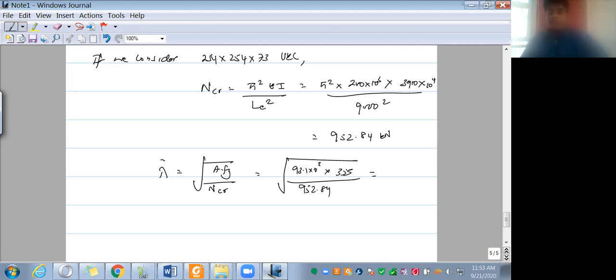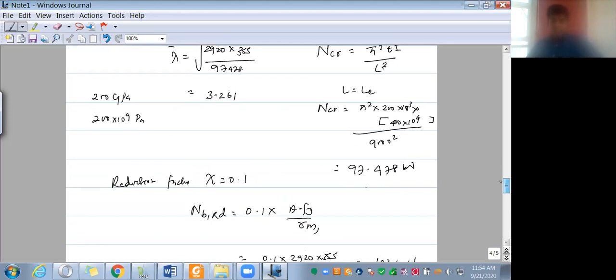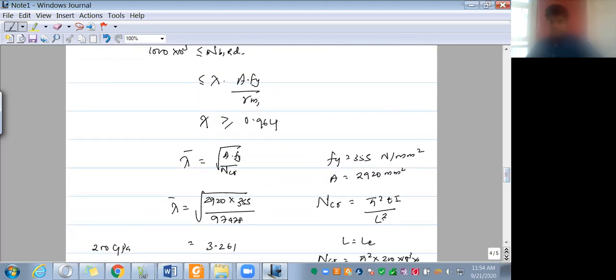So that is lambda bar, which is 3.47. That is still higher than the value, it's going to be 0.1. So you need to choose a bigger section and see whether it can satisfy the lambda bar and the chi requirement. So chi should be around